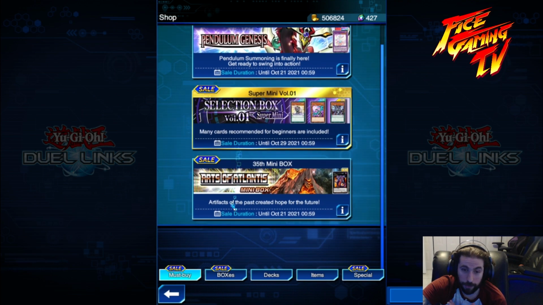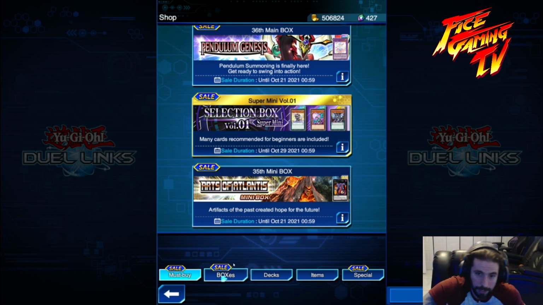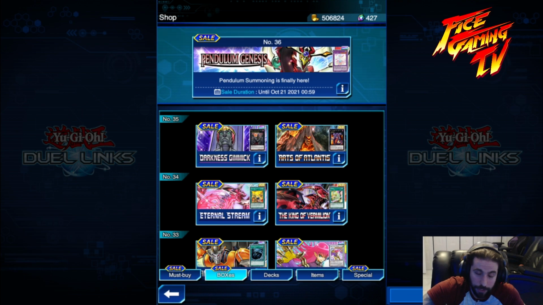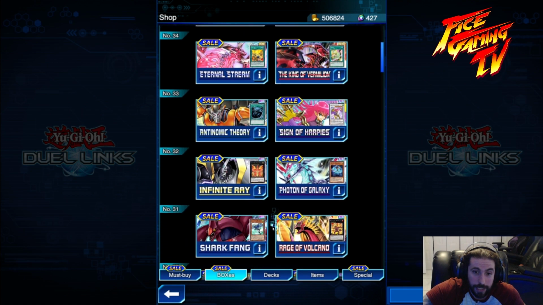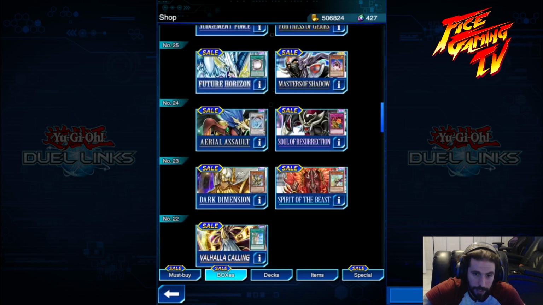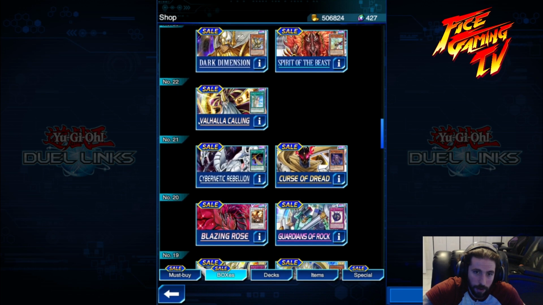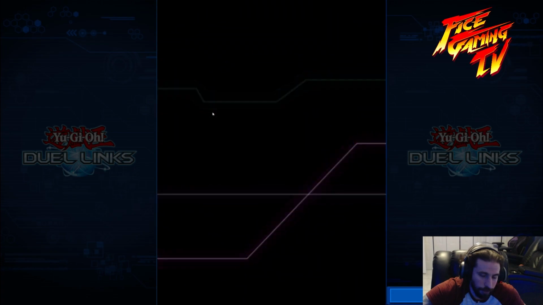So when you're free to play and you're trying to focus on trying to save as many gems as possible, if you go to the boxes, they usually tell you the notifications over here on the right, but there's sales not for these new decks or close to new decks, but everything after Valhalla Calling right now. Like I'll show you right now. If you go to Valhalla Calling,